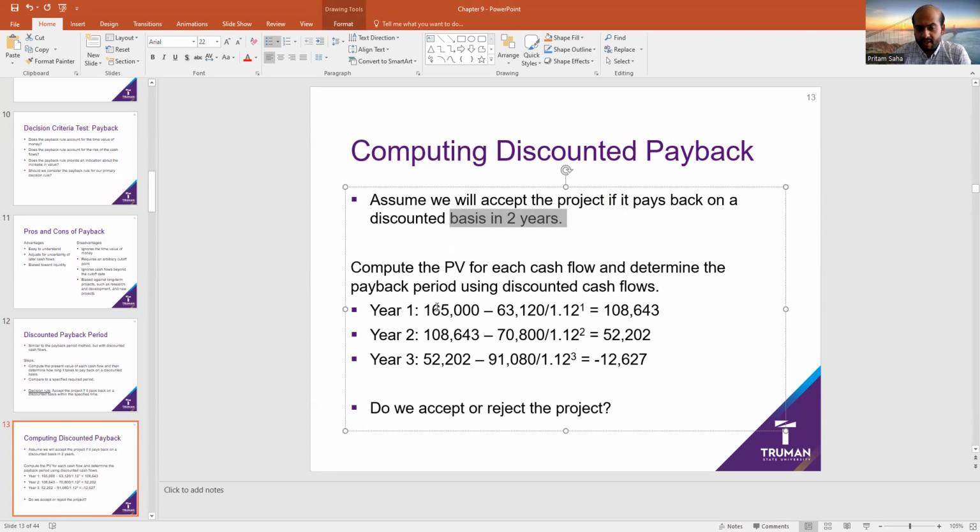So if you look carefully, the initial investment is still the same, but this cash inflow is discounted. Started with 108. This cash flow is discounted again, back to 0. This is the remaining. And now, starting with that, this cash flow is discounted again. So within 3 years, if you want to know the specific number, it should be